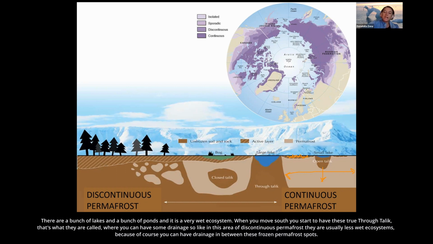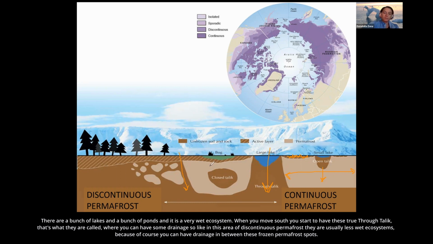When you move south, you start to have these taliks, that's how they are called, where you can have some drainage. So in this area of discontinuous permafrost, there are usually less wet ecosystems, because of course you can have drainage in between this